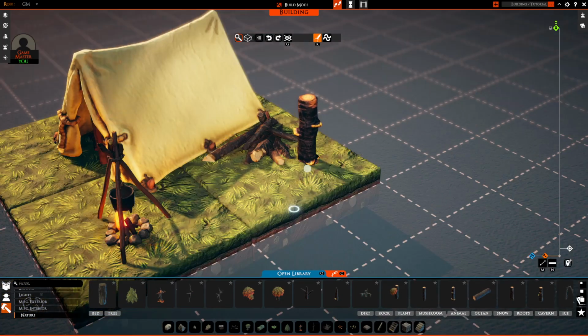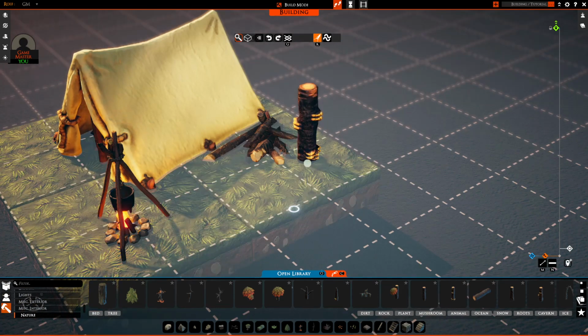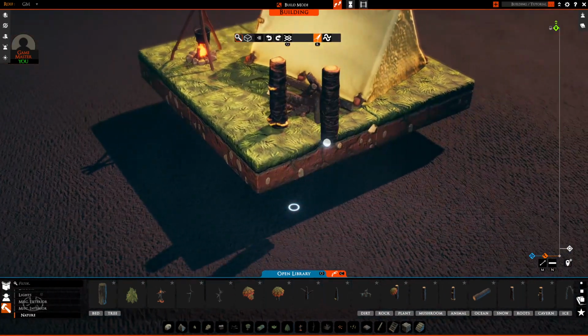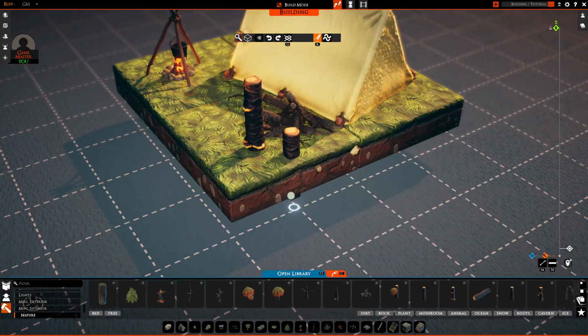I'm going to smash it down on the ground just a little. I could bring it down further so it's more of a small stump. And I'm going to do a large high stump, and then a smaller lower stump as well. So it looks like they maybe have been here a couple of days, or they've chopped down a few trees